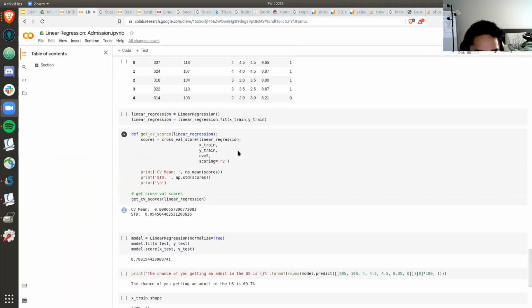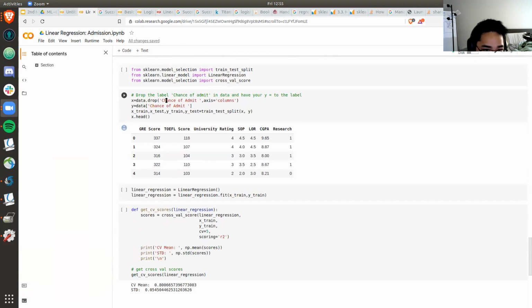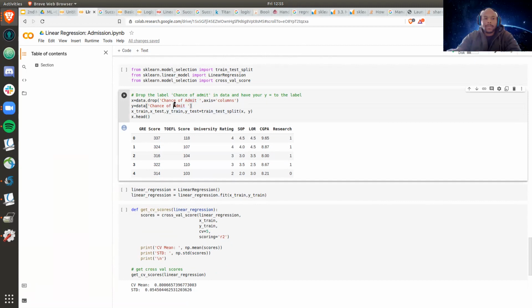Oh yeah, just to go back, we're only dropping the chance of admission because our training data doesn't need this, but we're actually using the chance of admission as our labels. And then we're splitting the data set into four different types: our X train, our X test, our Y train, and our Y test.